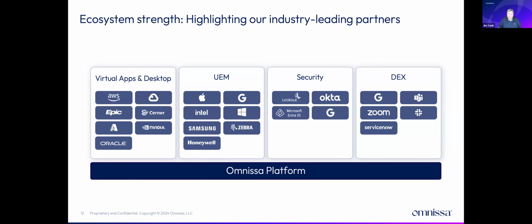And also, as I mentioned earlier, Okta, Microsoft Entra ID, and Google. And then on the DEX side, partnerships both in the shared signal space, like with Google, and also the ability to use something like Slack to send alerts to. And we'll talk a little bit more about that. A part of monitoring is quick alerting so that people can react to it, and also automation. And so we want to make sure we have the ability to alert out.